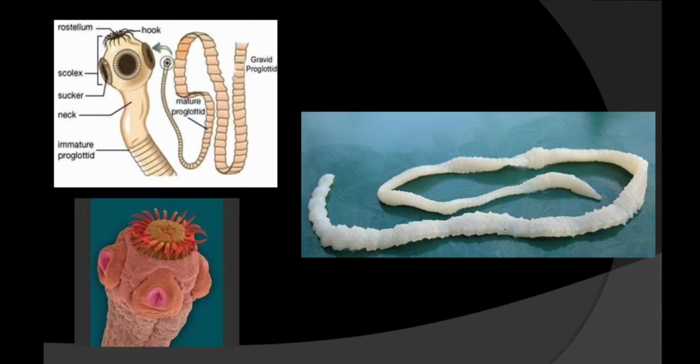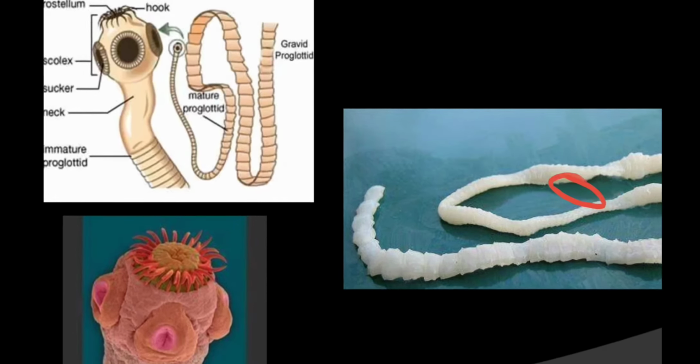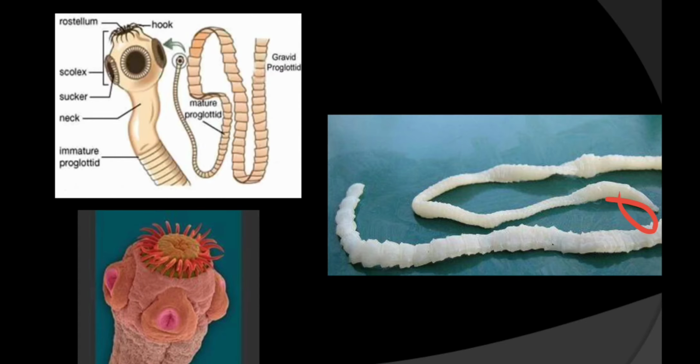Now move on to this, the real picture of the tapeworm, and see this is the mouth of the tapeworm, not a proper mouth, and it is known as the scolex. Its body is divided into three parts: the scolex as the upper part, then a neck region, and the rest of the body is known as the strobila. The strobila is divided into numerous segments known as proglottids. These are not true segments; this characteristic is called pseudometamerism.